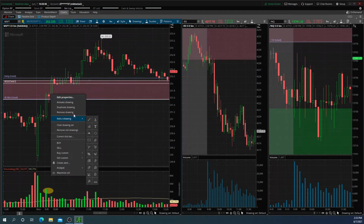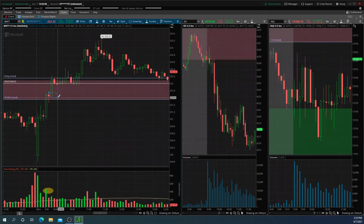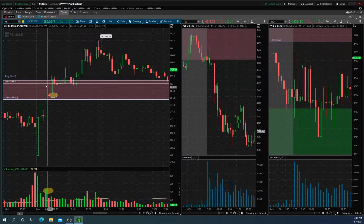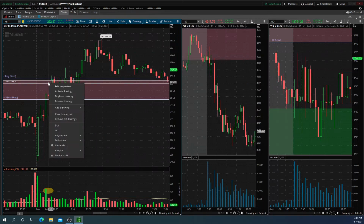So let me just go over entries. I played 6 contracts right here. I believe the fill was 178, so $178 per contract. Immediately got this nice move up. I took 2 off